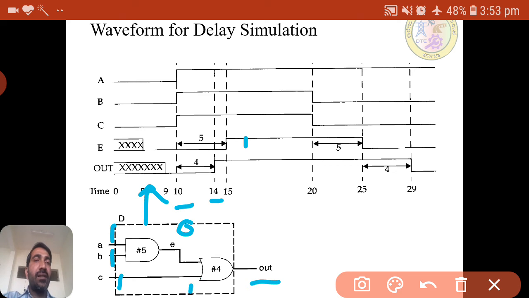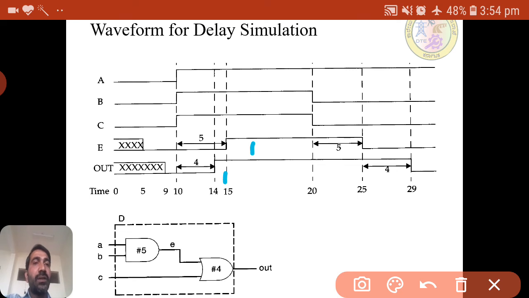So at the 10th time unit, e is 0, c is 1, but the output of that will come, it needs to take 4 nanosecond. So because of that, after 4 nanosecond at 14 the out will become 1, because of 0 and 1. Okay, so at 14 this will become 1, and at 15 this will become 1.